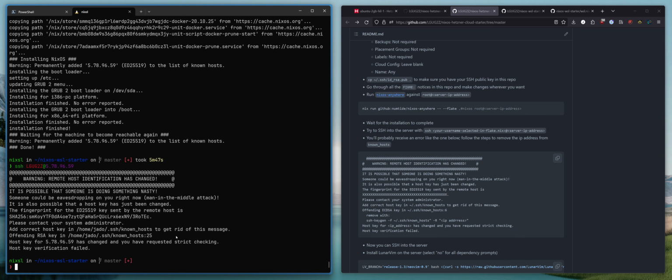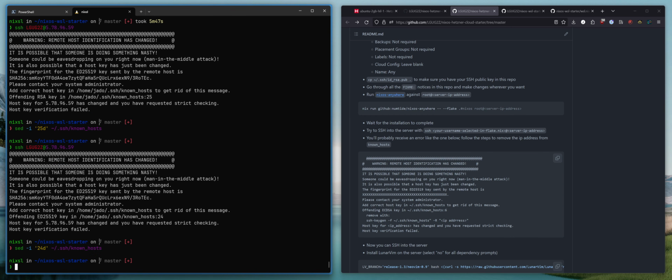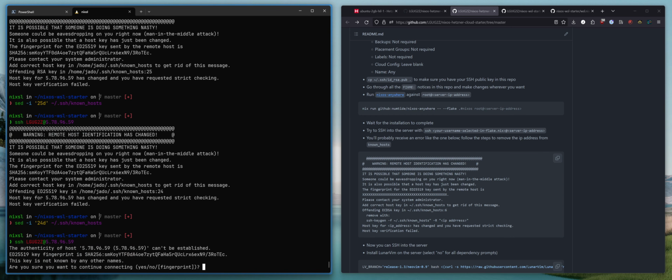And so we need to remove line 25 and another one, line 24, because the SSH keys on the remote server have changed because we've installed a brand new operating system. So now I can log in